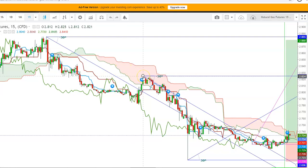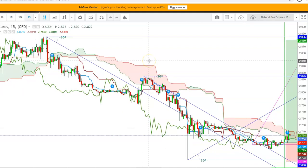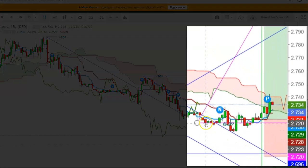But here you can see that after a small upward move, once again the natural gas futures continued to struggle at the level of $2.824 to sustain above the upper end of the Ichimoku cloud, but could not, and finally started to move downward where it breached the lower end of the Ichimoku cloud here at the level of $2.796, what used to be the strong support for natural gas futures. But here you can see how the natural gas futures continued to slide and finally tested the low of $2.718, and here I find that on March 5th the natural gas futures have been constantly trying to defend